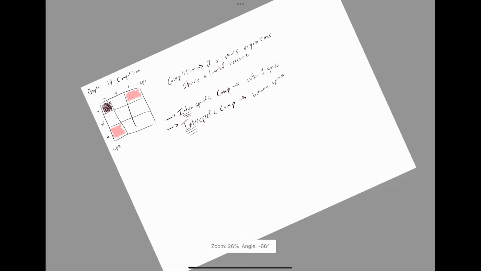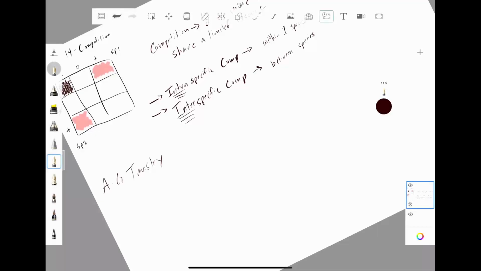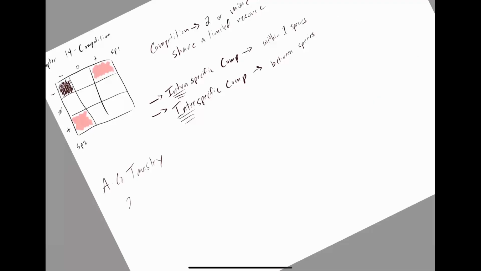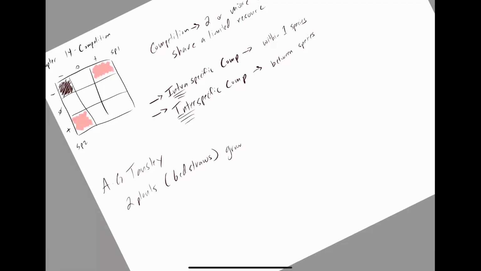And one of the classic studies that showed this is really cool. So your book goes over this study from A.G. Tansley, looking at a kind of plant called a bedstraw, right? And there's these two species that co-occur on the landscape, one of which grows really well in calcium-rich soils, and another of which grows really well in acidic soils. So these are two plants, in this case bedstraws, that grow best in different environments, right? That was the observation.